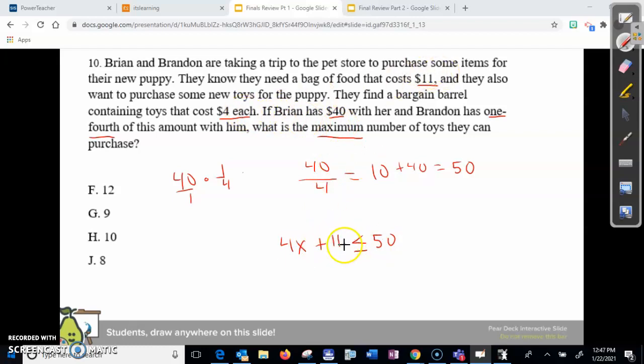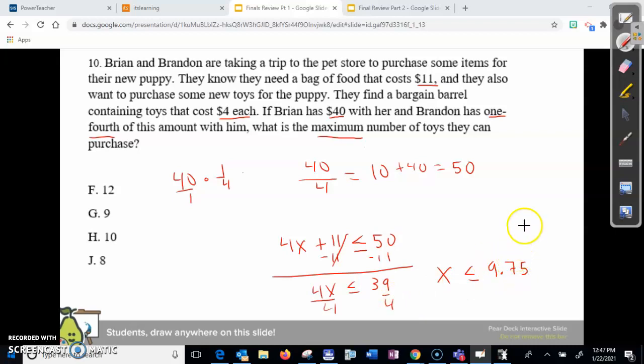From here, you have to solve for x. That means how many toys they can afford. So get rid of the plus 11, you do minus 11. Cancels. 4x is less than or equal to 39. And then the next move, you divide by 4. X is less than or equal to 39 by 4 is not a perfect division, so that will be